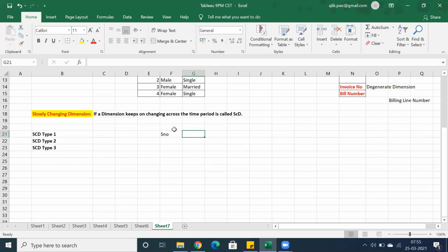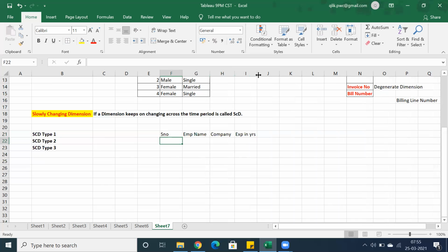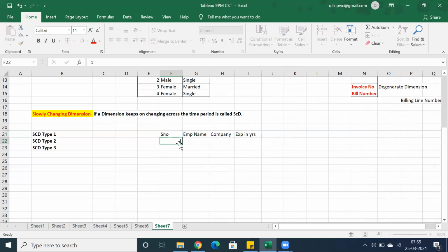The perfect example is employee details: serial number, employee name, company details, and experience in years. Let's say John works for Infosys, and let's say he worked for Infosys for 3 years.